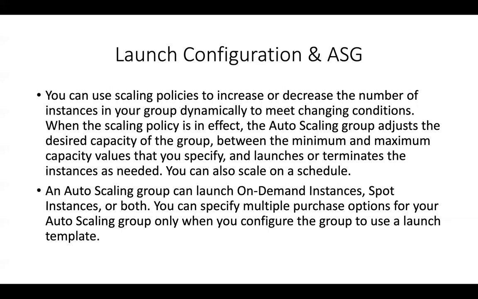So the next configuration that we are going to study is regarding the scaling policies. When it comes to scaling policies, we can mention a step or dynamic scaling policy where we can mention that this is going to be my minimum and maximum capacity of my auto scaling group, and based on a specific metric, probably from CloudWatch, called CPU utilization, or probably the network in metric of an EC2 instance, we can go ahead and scale the EC2 instance.